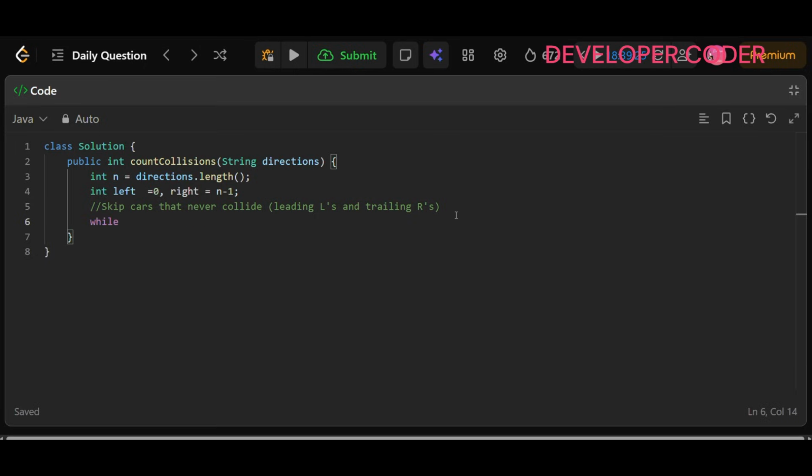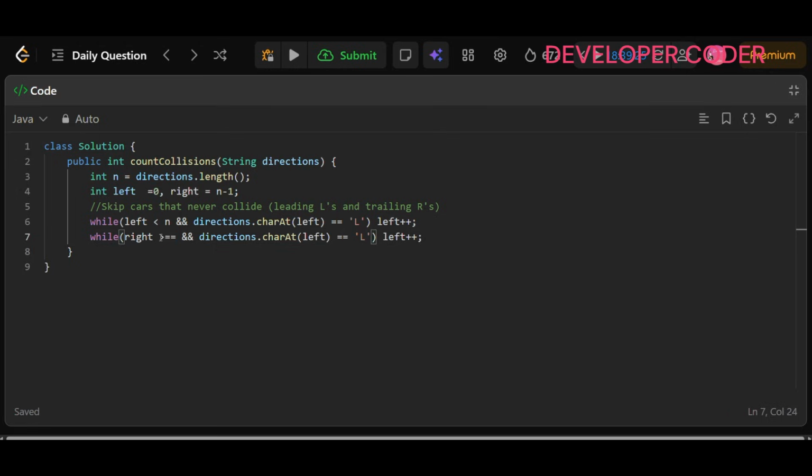I'm just going to run one while loop while left is less than n, and directions dot charAt this particular left value, if it is equal to capital L, then in that case I will just do left plus plus, because I'm skipping this. Same thing here, you have to copy this and write it for the right. So here you can say while your right is greater than or equal to 0,